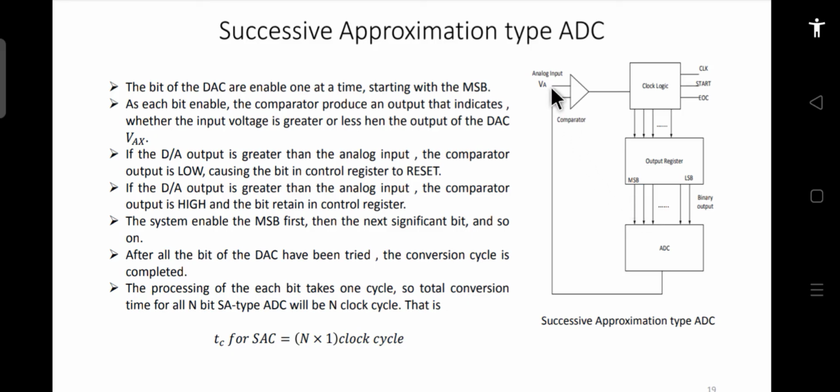Whereas if this value becomes greater than the analog input, then the next MSB will be 0. Okay, so the next bit will be 0, or if it was already set to 1, then it will reset to 0. So this is what happens. So you can understand the working by understanding this.